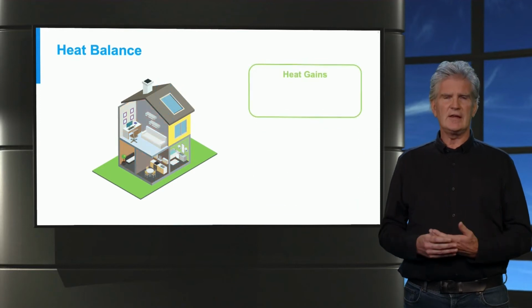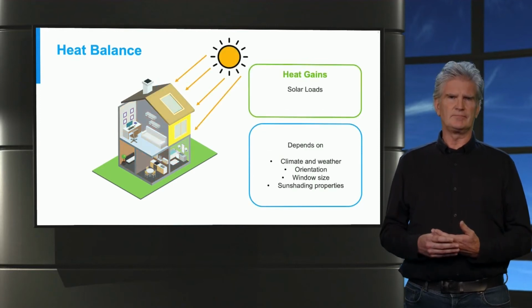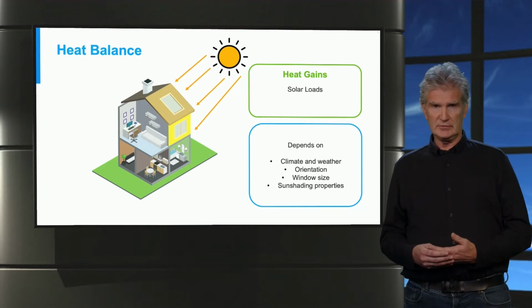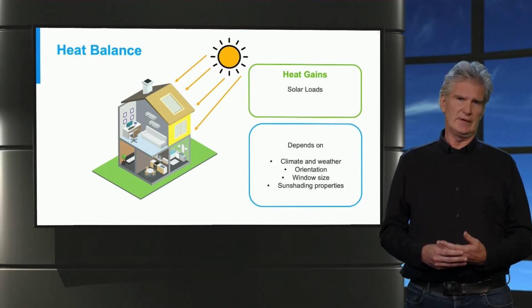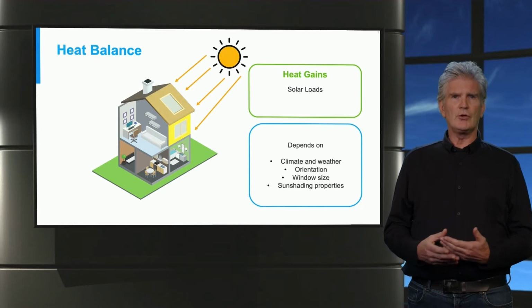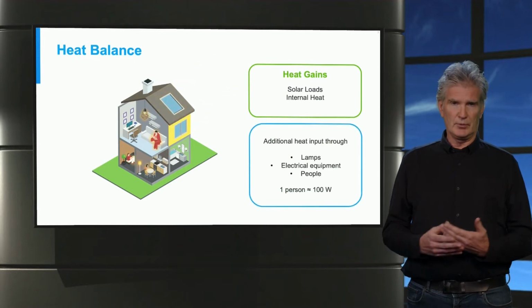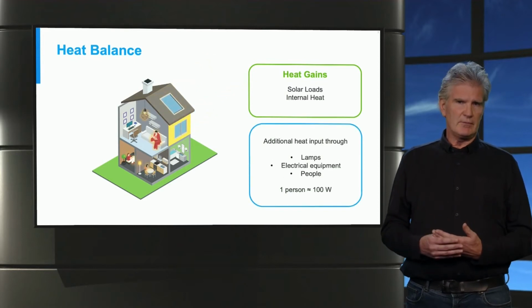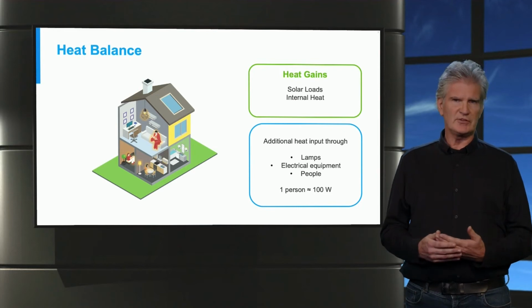On the other side of the heat balance, there's also heat gains. The first example is the sun. When the sun is shining, there's a heat gain through the windows, depending on the amount of solar irradiation, the orientation, and the size of the windows. There are also internal heat loads, for example, all the electrical equipment in the house, lamps, computers, etc., and the